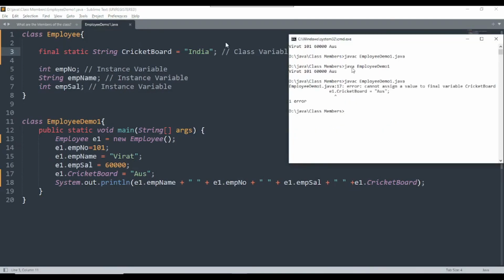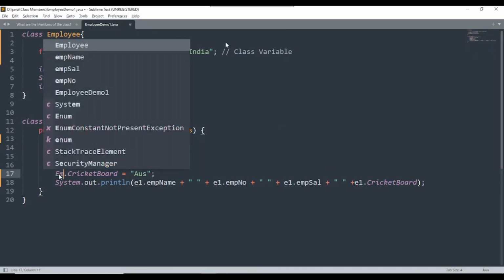We are getting an error: cannot assign a value to final variable, on line number 17. So the variable is final. You cannot change the value of a final variable by using the object, or without the object by class name also.